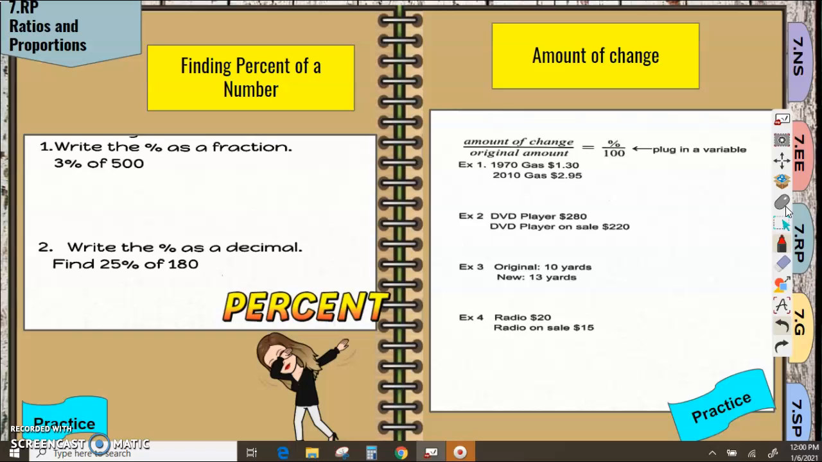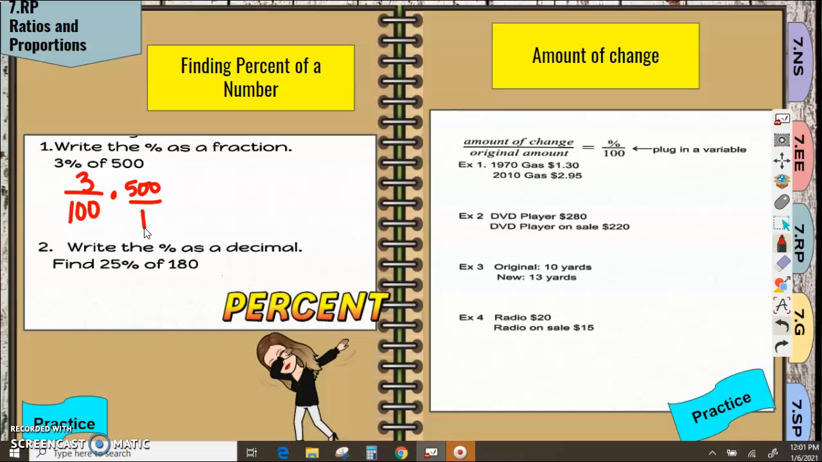Now, let's think about percents. If you take a test and you get every single question right, then you make a 100%. So 3% is 3 out of 100. Of, in math, when we see the word of, we know that means to multiply. So I'm multiplying 3 over 100 times